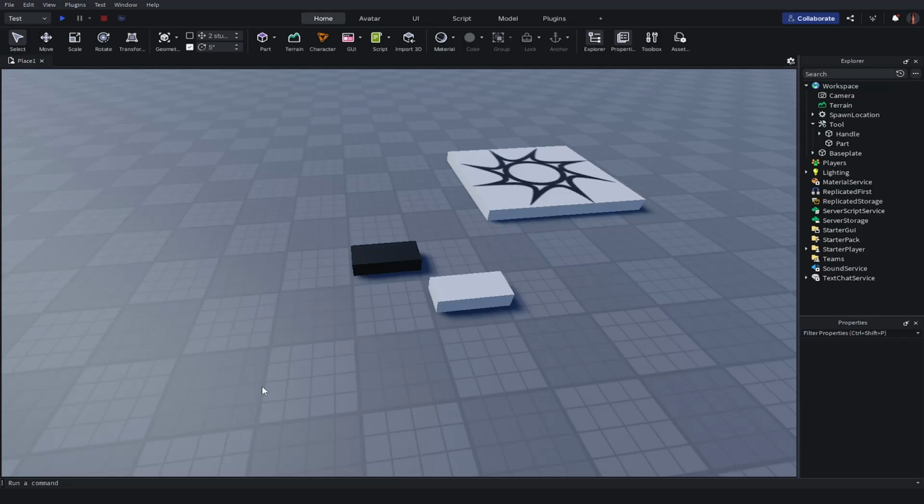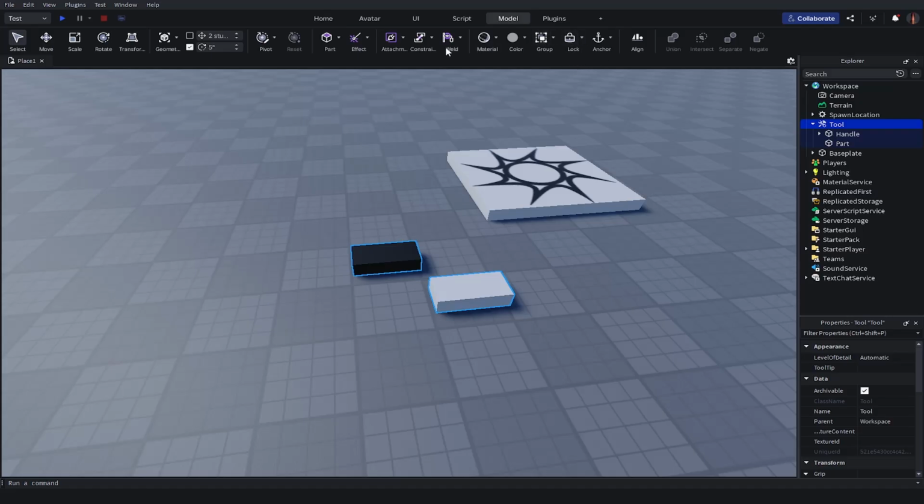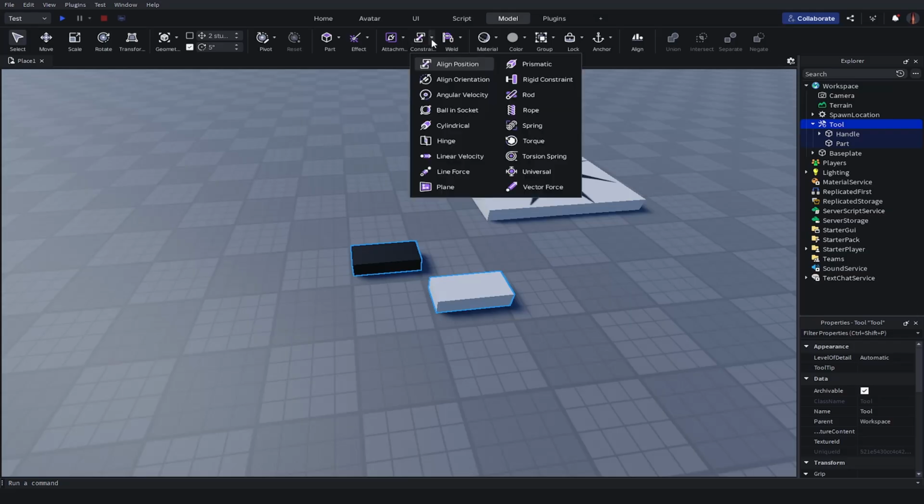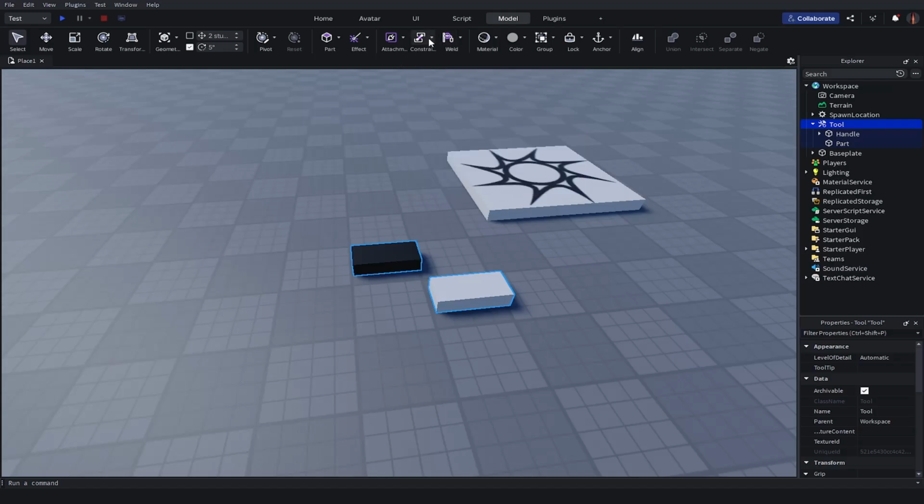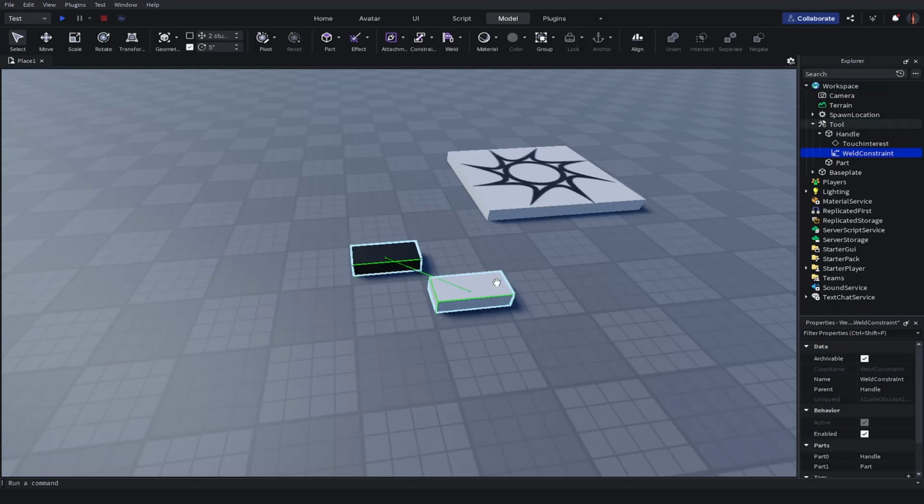And a very simple and easy way to do this is if I just select all the parts in my tool, in which case for me that's just the two of these, and I find this button right here, the constraint. I click on this little arrow drop down here, and I find the weld. And it's been a minute since I've used this, so you'll have to give me a moment. Oh, here it is, sorry, it's not this. Right here, weld. And just click on that button, and I click on these two parts,